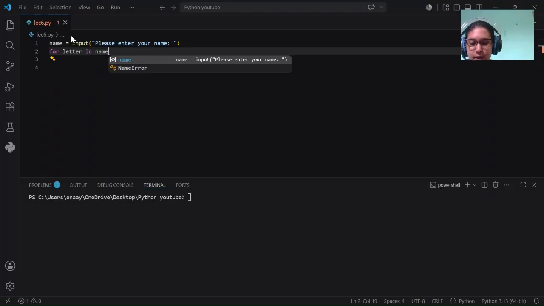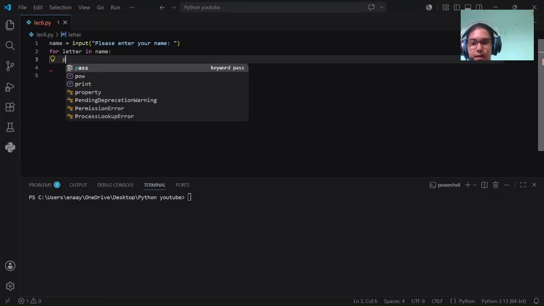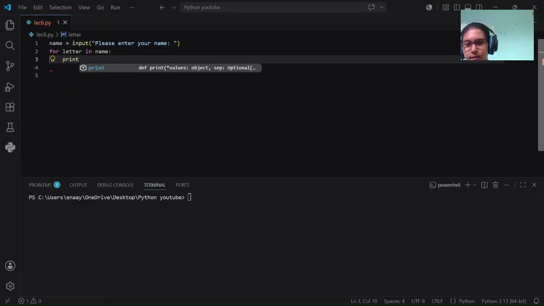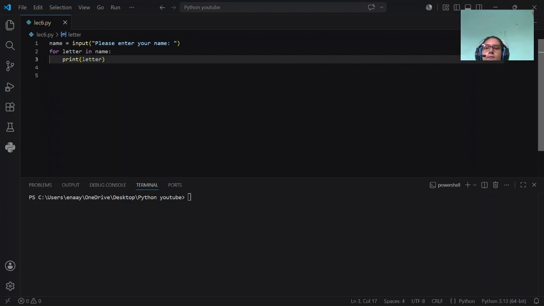For letter in name, what do we do next? Colon. Remember the indentation, don't miss it. Python works on indentation, right? And print letter. Now whatever name we take in, this for loop will go through each letter of that name one by one, printing it each time until the string ends. Okay,